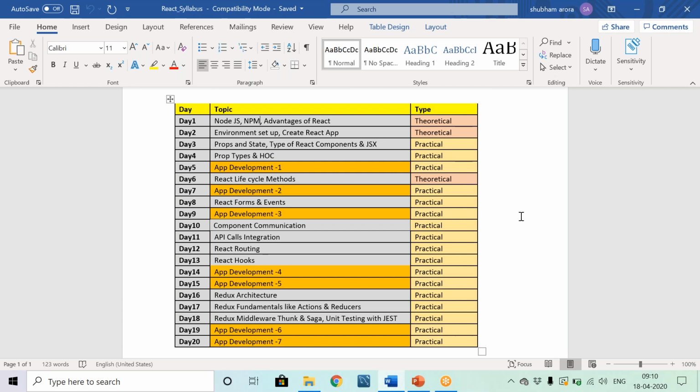Is it going to be every day? Like day one Monday, day two Tuesday, and so on? Yeah. So it will be day specific, and we'll be covering individual topics day wise, and it will be practical. As I told you, it will not be theoretical. Only a few topics like React introduction and topics like life cycle methods will be theoretical, because we cannot directly deep dive into the coding. We have to have a background. So to understand that background, we'll see a few topics as theoretical. Apart from that, everything will be practical.